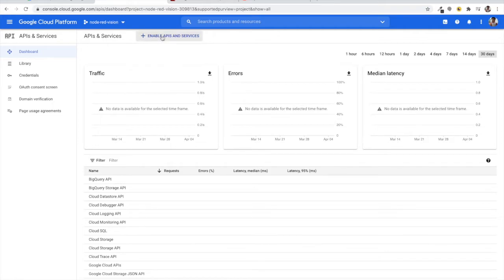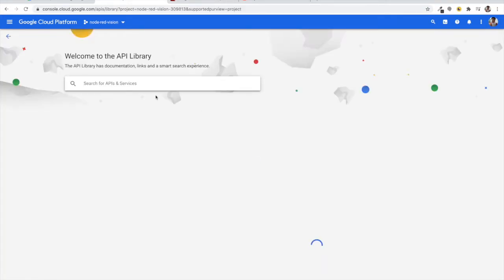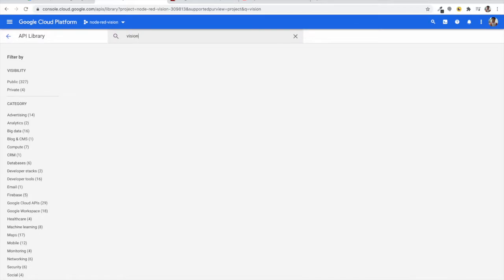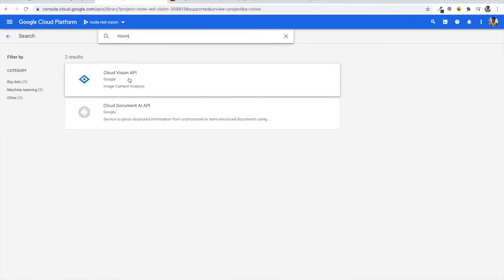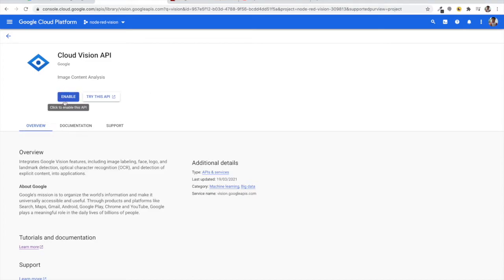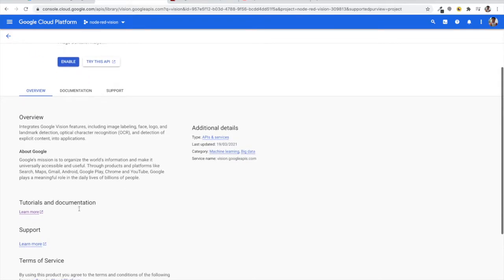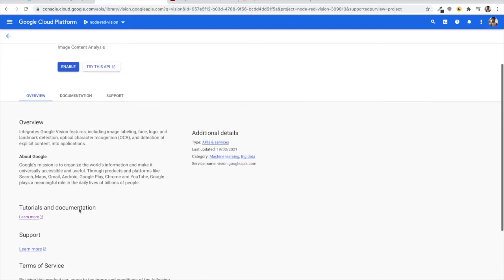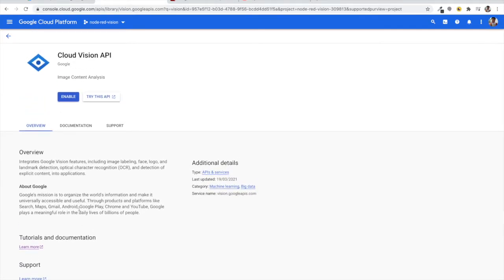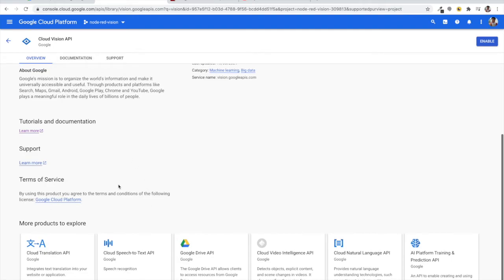In the APIs, let's go to enable APIs. And here let's search for the Vision API that we want to use, Google Cloud Vision API. It has this button called enable. We will right away enable it. And just if you are curious and if you are having a concern that this goes with a cost and we will be asked for a cost, let me explain to you how this works.